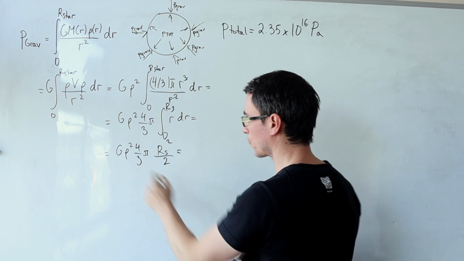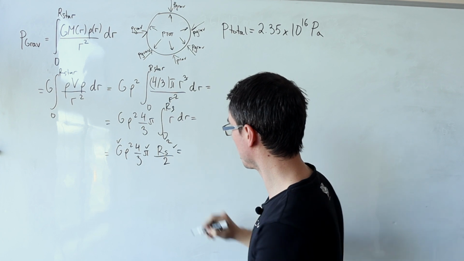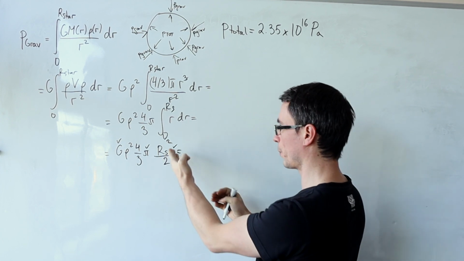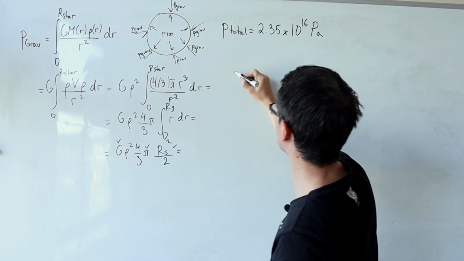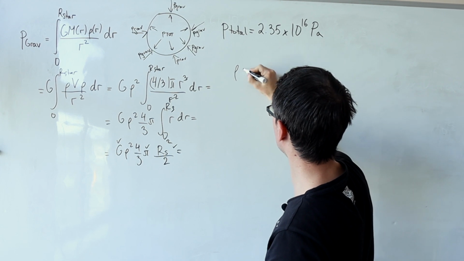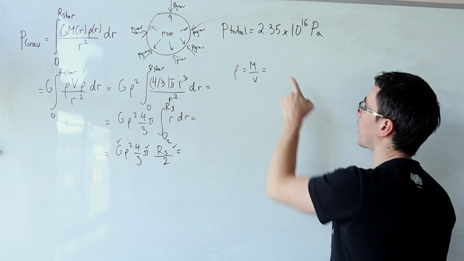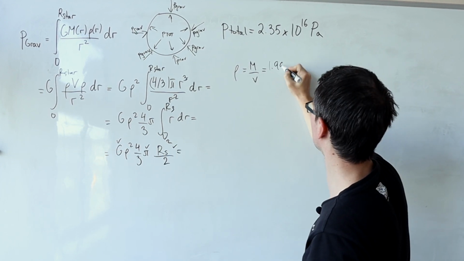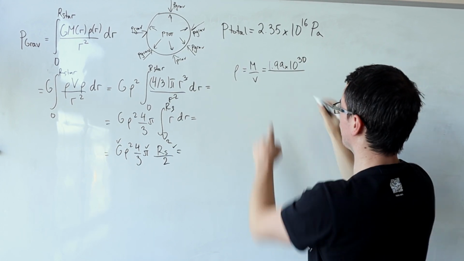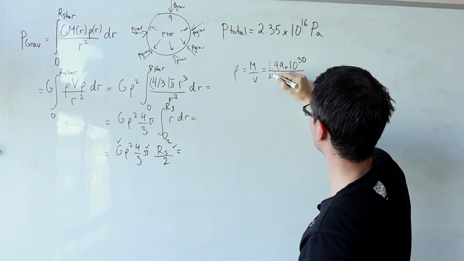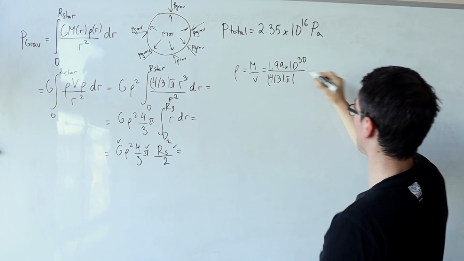Okay, to evaluate this integral, we know what G is, we know what pi and 4/3 is. We're given the radius of the white dwarf, which would be the radius of the Earth. We need to evaluate its density though. Should we just do that across here? So the density of this white dwarf star will be given by its mass divided by the volume. So we're going to have the mass of the sun, which is around 1.99 times 10 to the power of 30. Let's divide that by the volume, which is going to be 4/3 pi, the radius of the Earth, which